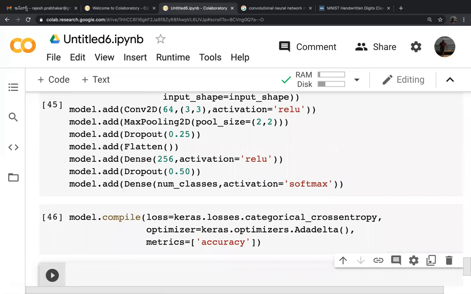Now once you compile the model, we are ready to train the model.